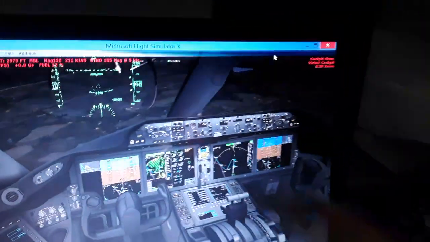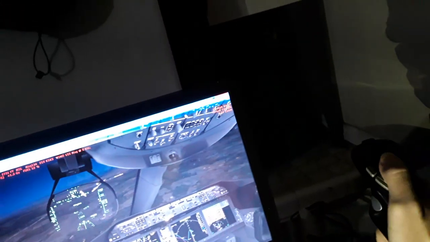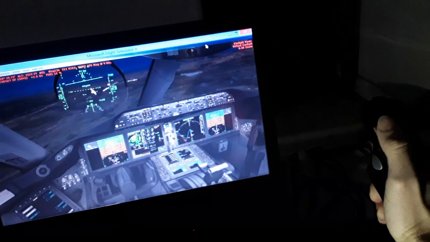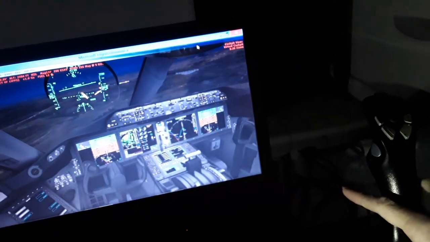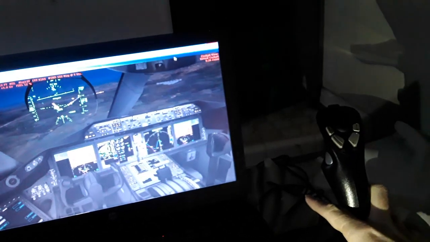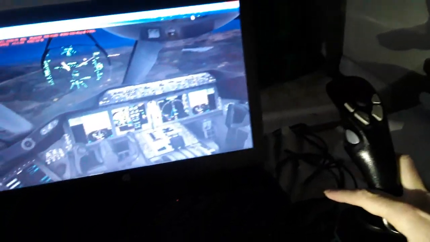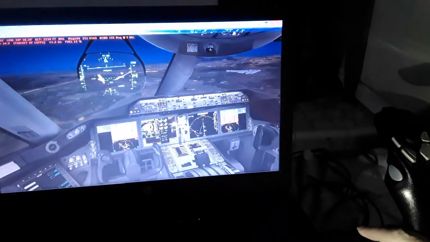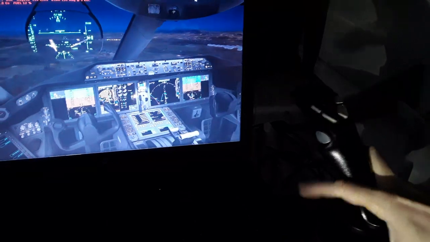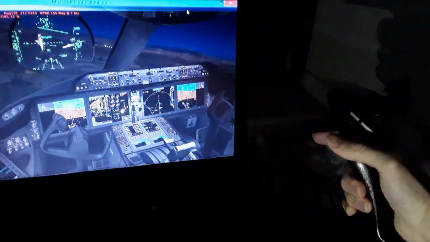Also use a little bit more flaps as we are approaching for landing. We have some side wind. We need to combat the side wind, a little bit more thrust. Right rudder now, left rudder. So combat the side wind